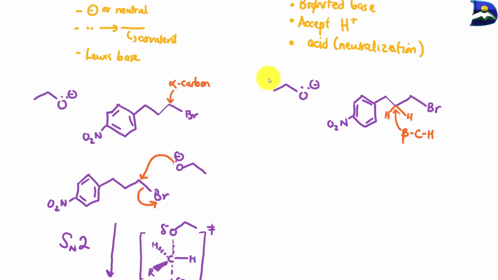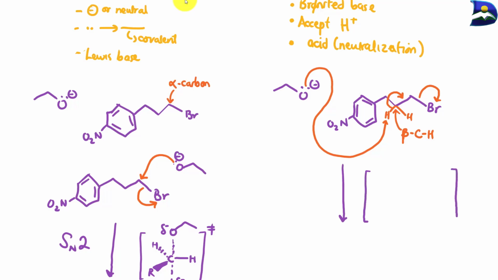Therefore, what happens is that this lone pair comes in here and picks up this hydrogen atom. Therefore, the carbon hydrogen bond cleaves to form a pi bond here, and this particular carbon bromide bond cleaves to form a lone pair on the bromide. Therefore, by drawing our transition state, we see that there is the breakage and formation of bonds that is continually